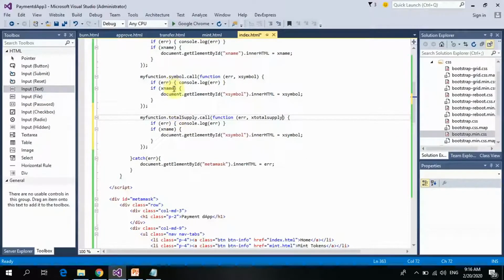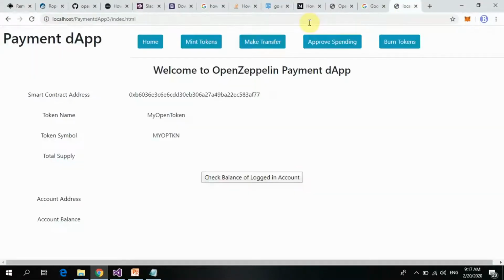So here is supposed to be, if X symbol is correct, so if X total supply, then total supply should display here. X total supply, which for now should return 0. Good. So our total supply